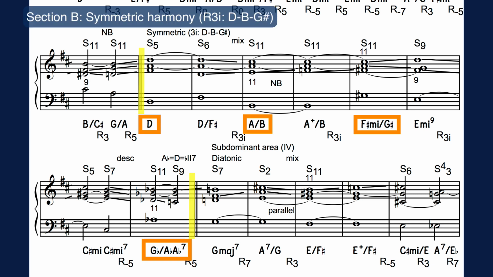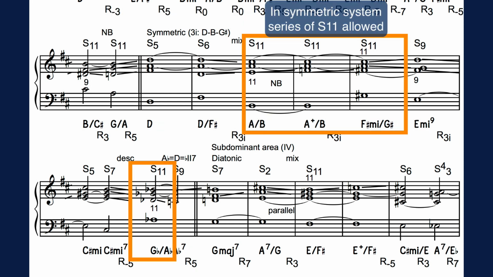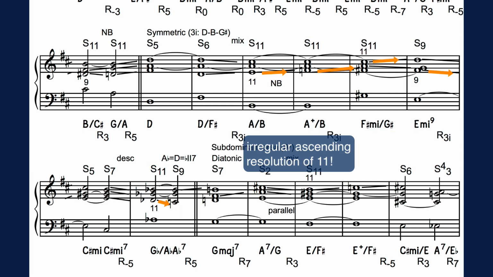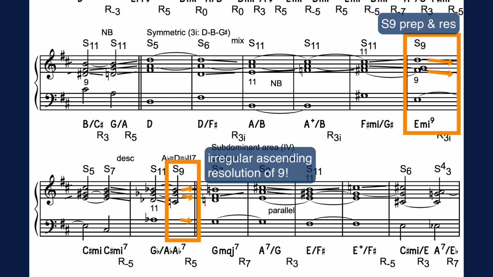The middle section uses symmetric harmony with roots separated by 3 semitones, here D, B and G sharp. In symmetric harmony, series of 11 chords are allowed. In the set of 3 S11 chords, there is an irregular ascending resolution of the dissonant 11, yielding a chromatically ascending middle part. The last of the 2 S9 chords has an irregular ascending resolution of the dissonant 9,